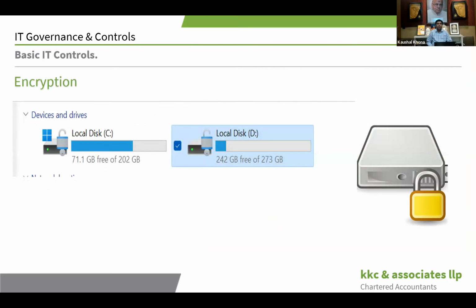Coming to encryption. I touched upon having encryption in your machine. If you use Microsoft BitLocker, which is a part of Windows 10 and 11, you can very easily just open your My Computer or Windows Explorer, do a right click and enable BitLocker. It would take a couple of hours depending on the size of your hard disk, the type of your hard disk, and the amount of data you have. Just a one-time activity, which you can even do at night time and your machine will be ready by the next day morning. But it will help you a great deal to protect your data.